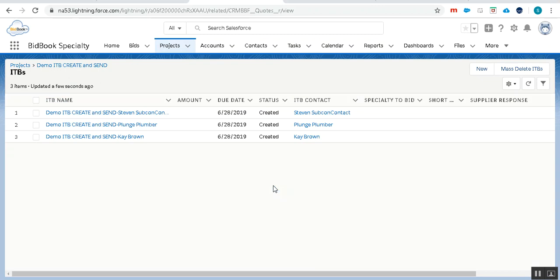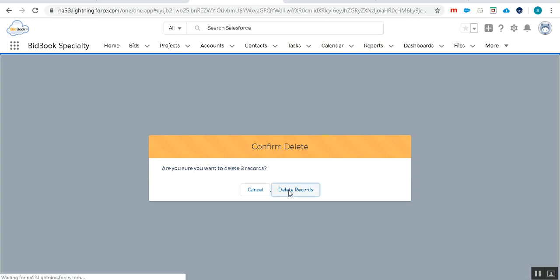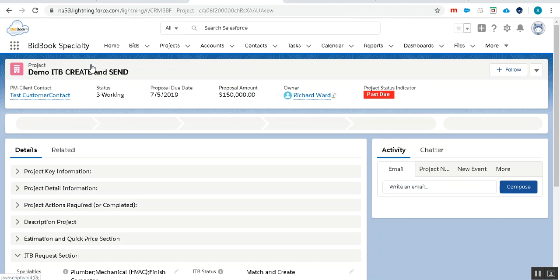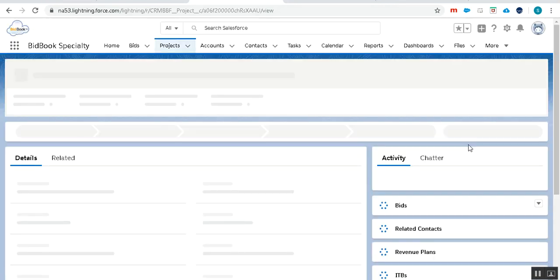So if we want to remove some of these, let's go ahead and do this again. We're going to clear it. We have a mass delete here. So if you have too many ITBs on your first round and you haven't sent them yet, just mass delete them and start over. It's so easy to generate these particular ITBs. Once they're deleted, I want to refresh my page,